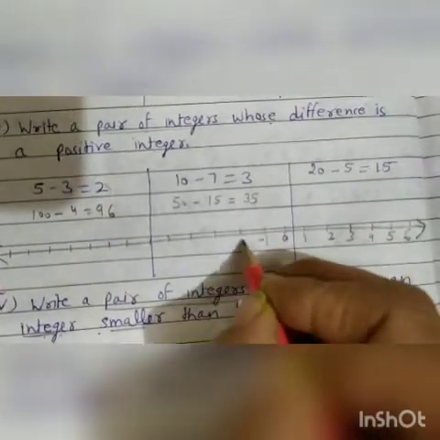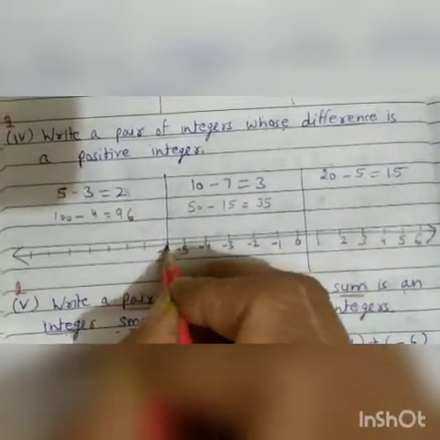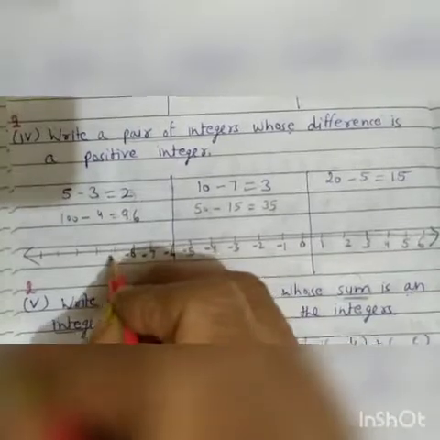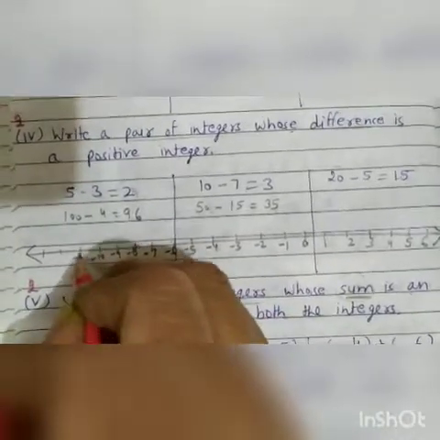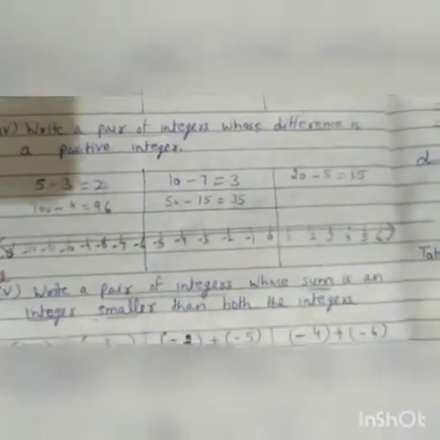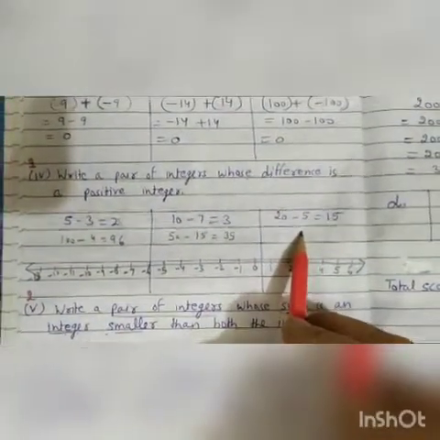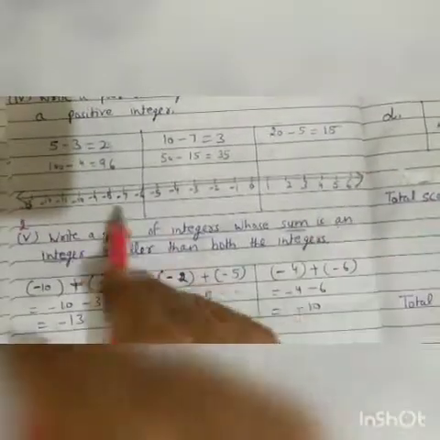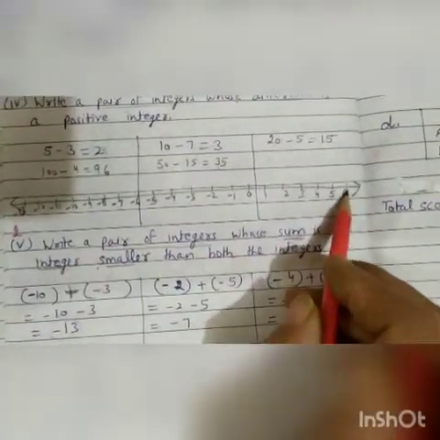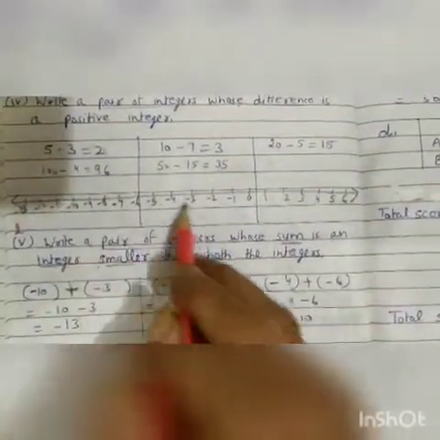This side, left side, minus 1, minus 2, minus 3, minus 4, minus 5, minus 6, minus 7, minus 8, minus 9, minus 10, minus 11, minus 12, minus 13. Students, one thing which I forgot to tell you, you have to write for this question all these three answers. Not only one, you have to write all three answers. And this number line is only to make you understand. You will not draw this number line. So suppose this is a number line.